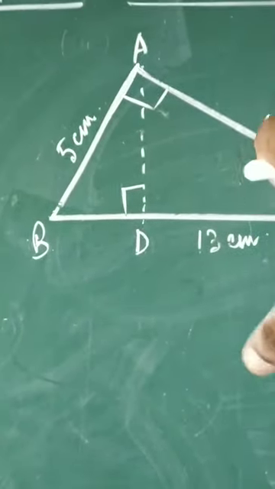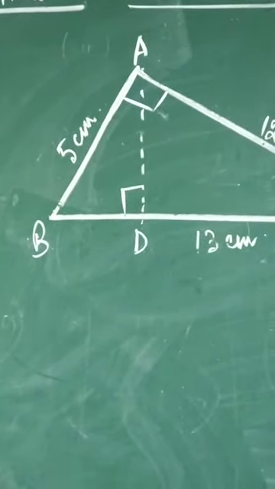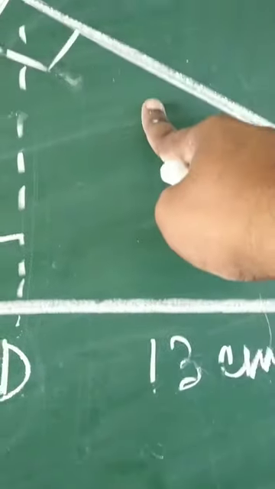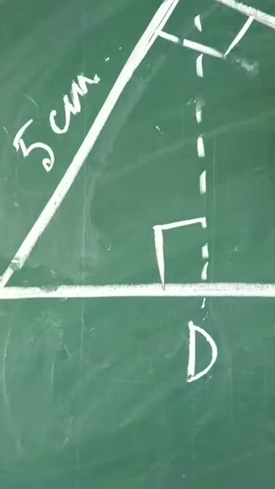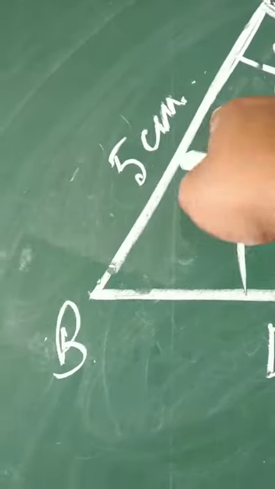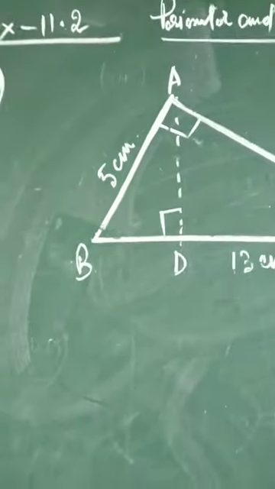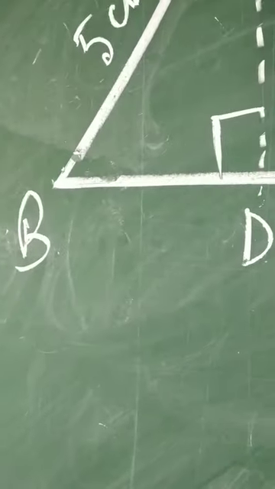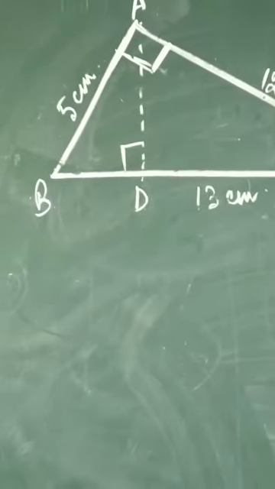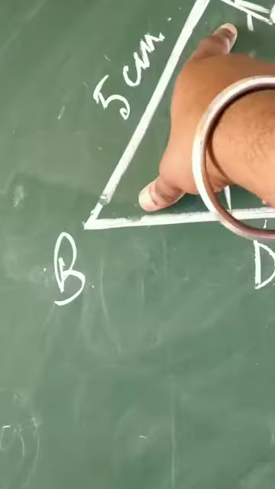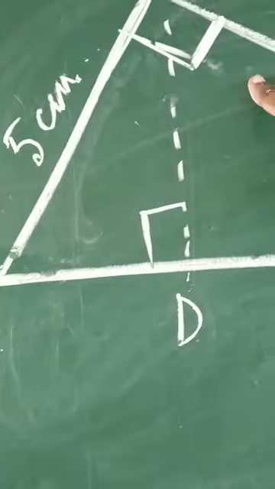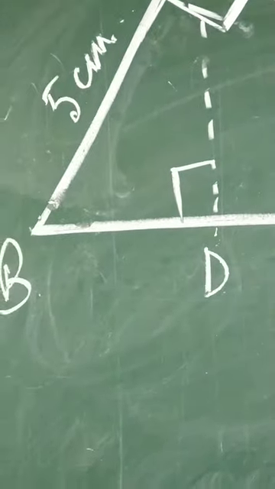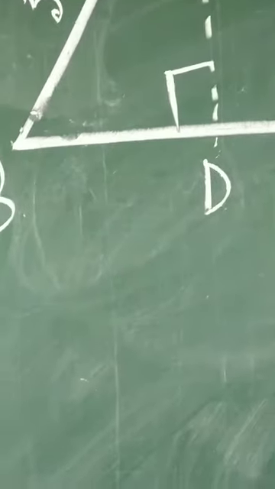But if you rotate the book which you are holding now, AB will be considered as base and AC will be considered as height. Why? Because AC and AB are perpendicular to each other, forming 90 degrees. So here AB is the base and AC is the height, or the other way around. There is no difference at all. So children, let us find the area of this triangle first.